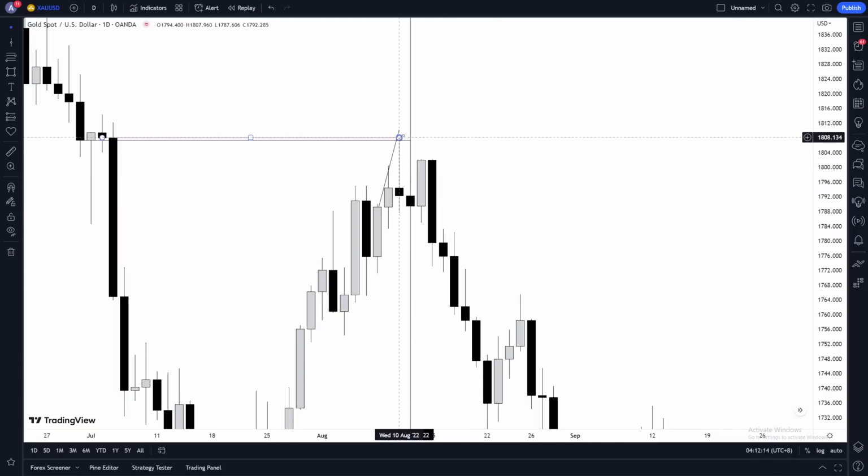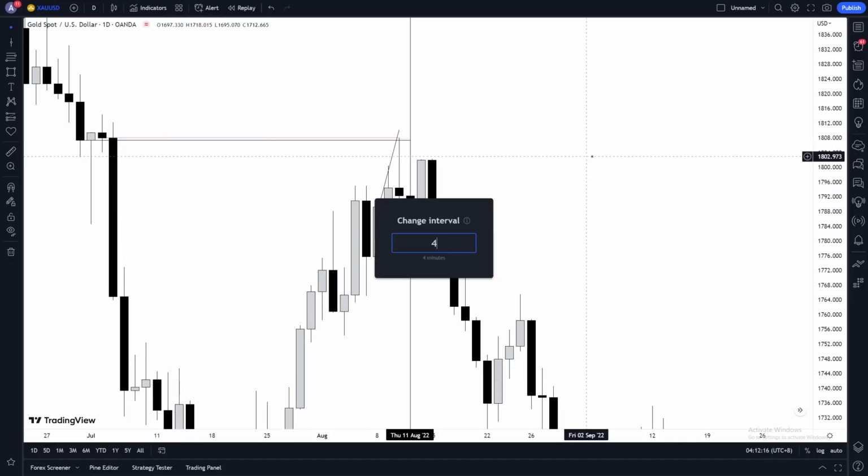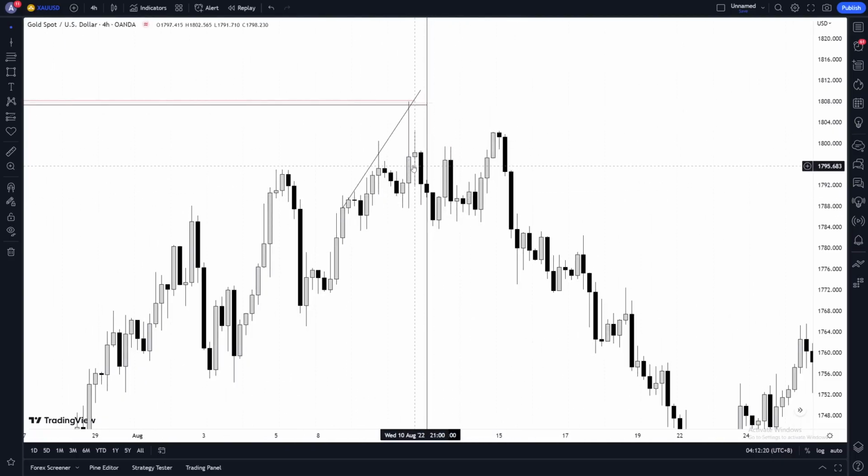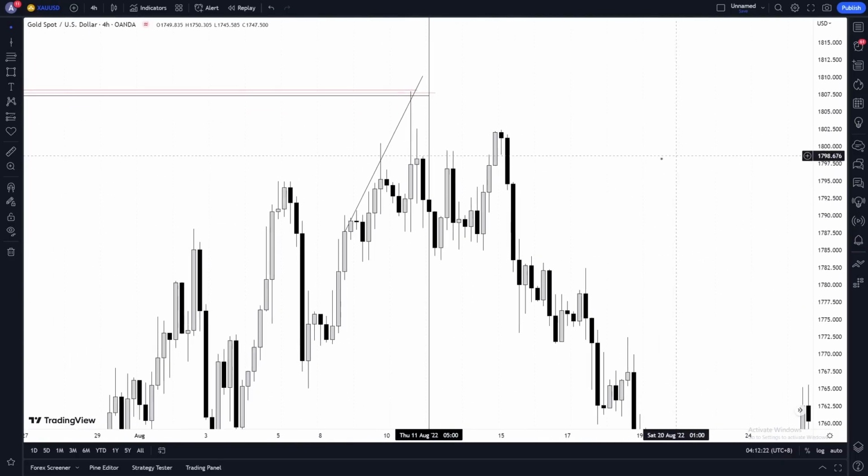I'm looking at the previous day. Oh look, daily reject daily. Let's go see what happened. Let's go look at the H4. H4, beautiful. We have ourselves the breakout that happens.